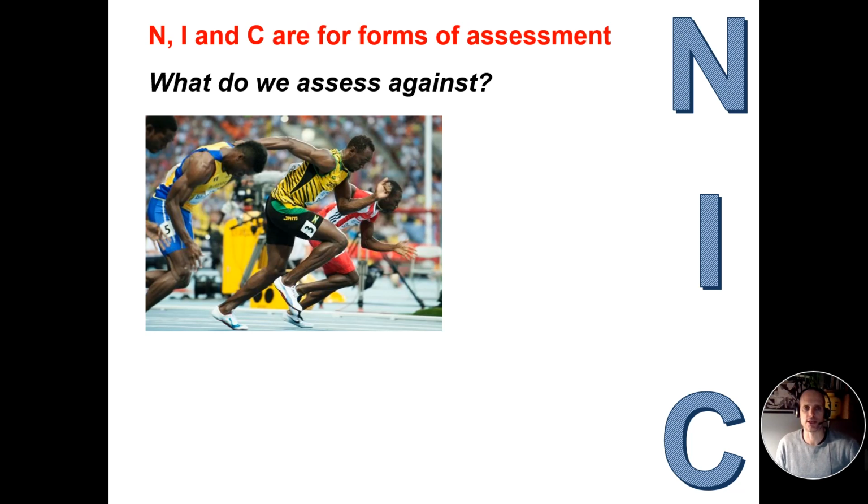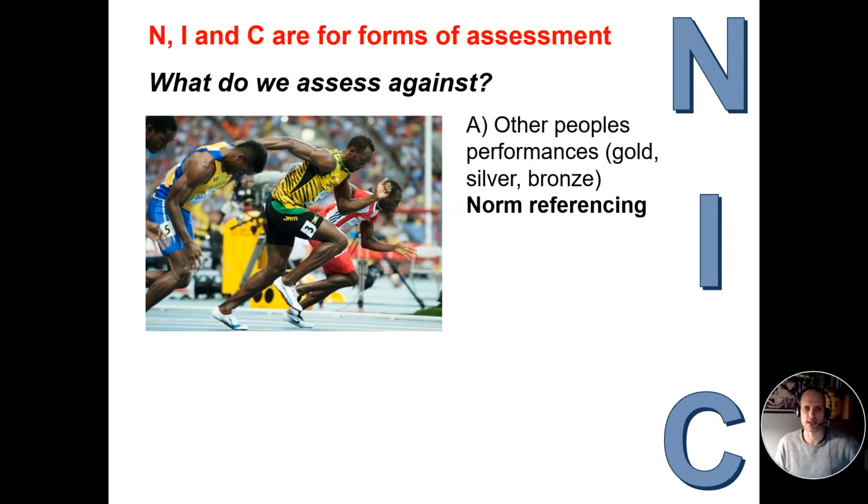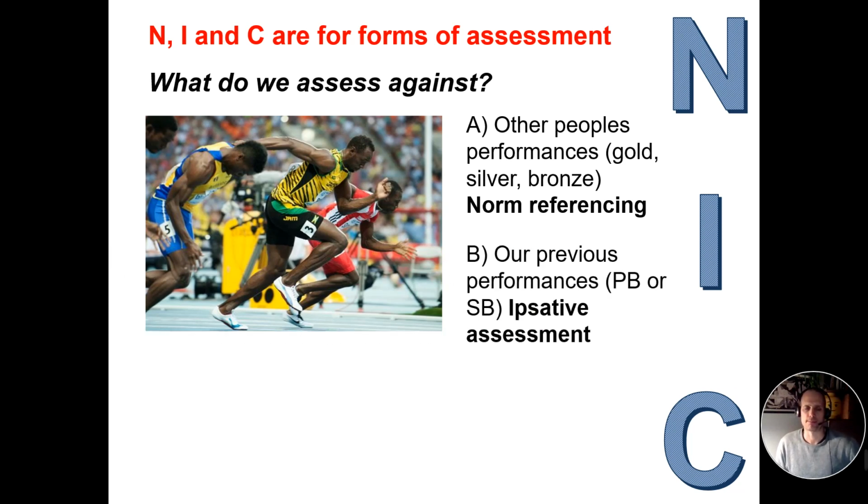Just to unpick some of the terminology that was used there, we're going to use the analogy of athletics and a 100-meter race. What do we assess against? Well, we talked about norm referencing, and that's all about comparison with others. So that would be where you place within a class. Oh, I got this. What did you get? And what have you. However, as an athlete, often this comes up on the screen, when you see the performances, you see them ranked, but you'll see PB or SB, personal best or season's best,